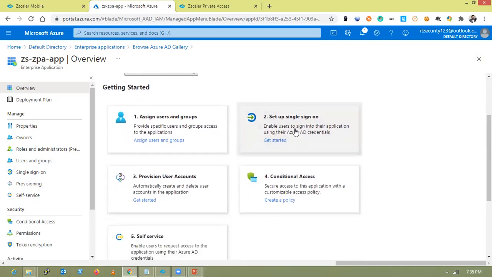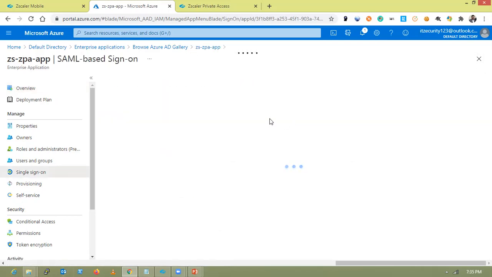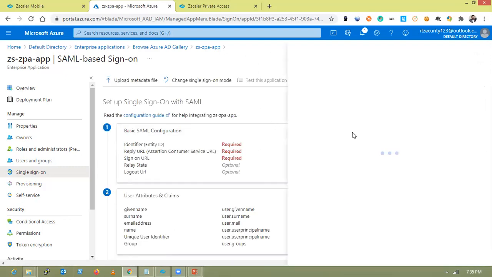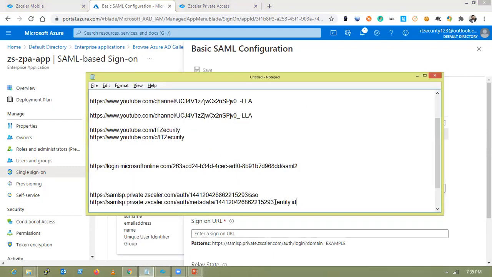Go to single sign-on, get started, and select SAML. Edit here, and you can enter the details. So entity ID is this one.